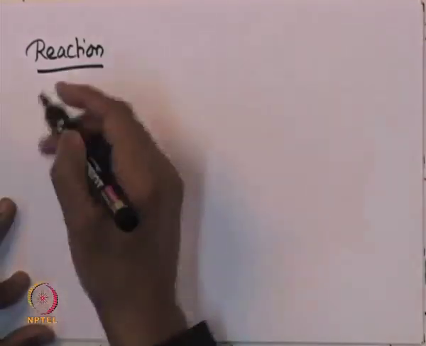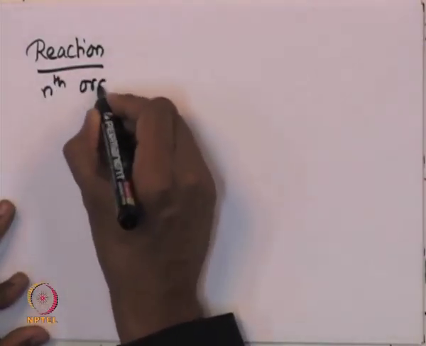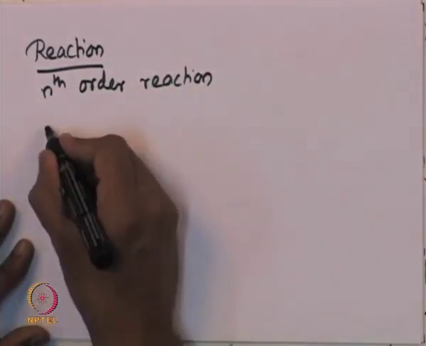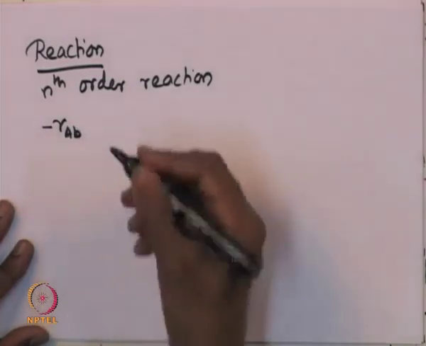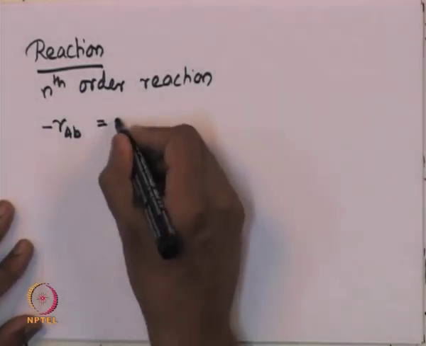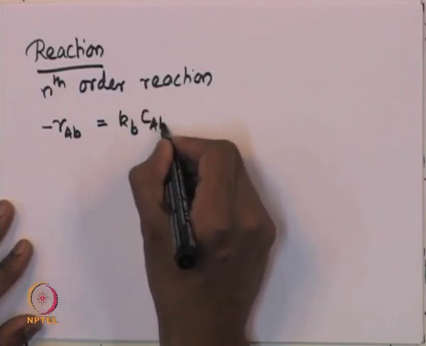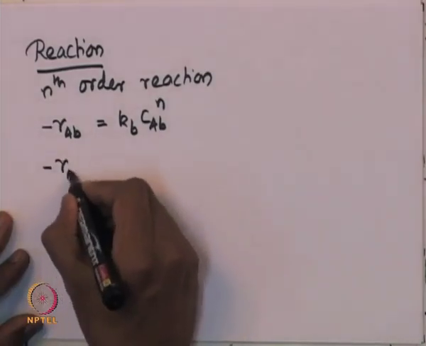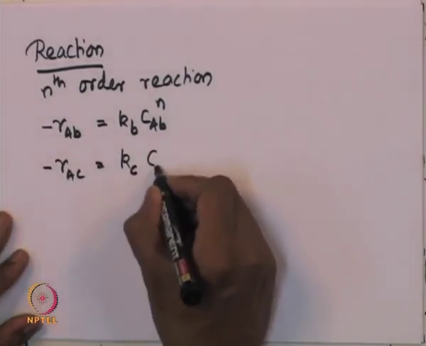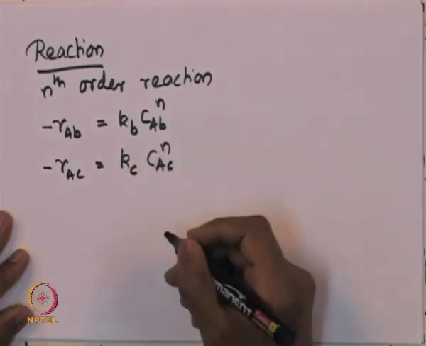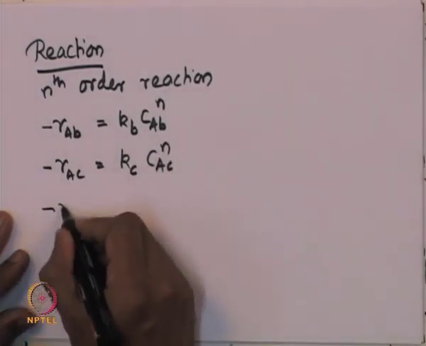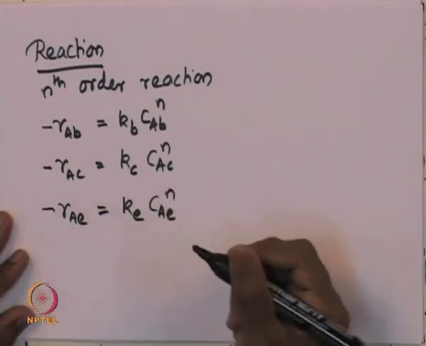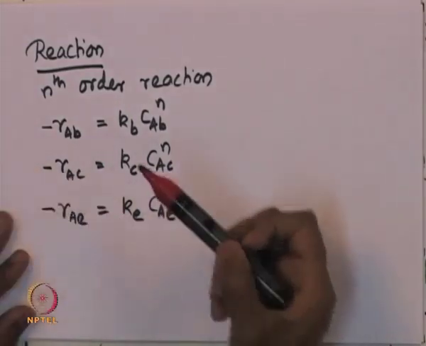Let us look at the reaction. Suppose it is an nth order reaction, then the reaction rate in the bubble phase can be given as Kb into Cab to the power of n. Similarly, for the cloud phase it can be given as Kc into Cac to the power of n, where Kb and Kc are the corresponding rate constants, and then for the emulsion phase it can be written as Ke into Cae to the power of n,